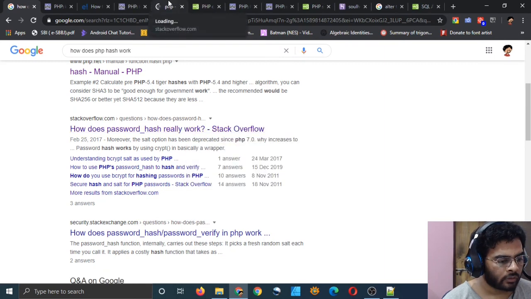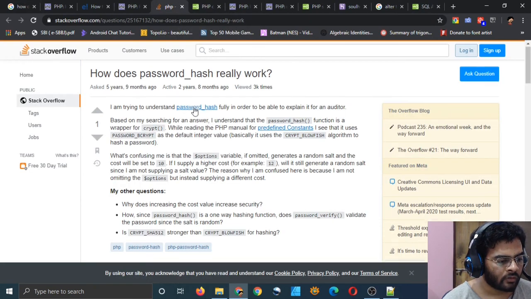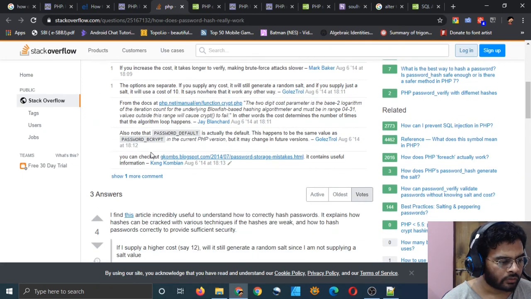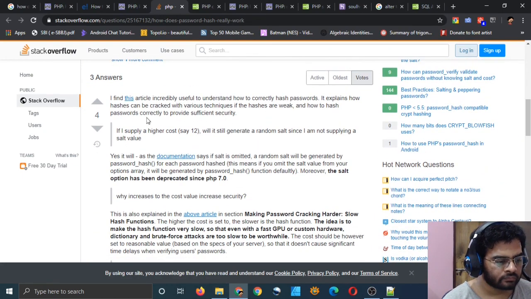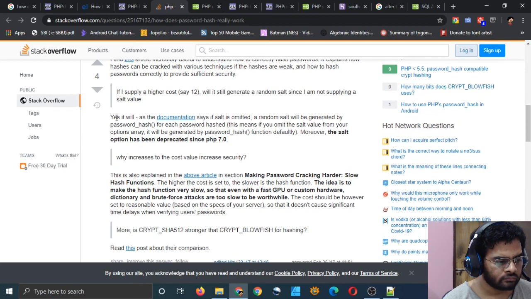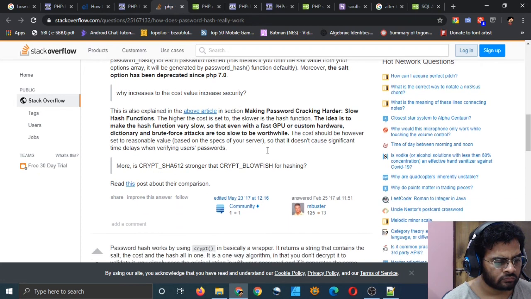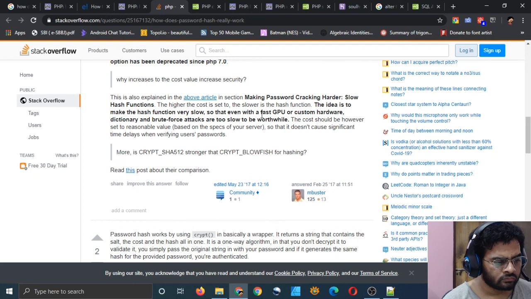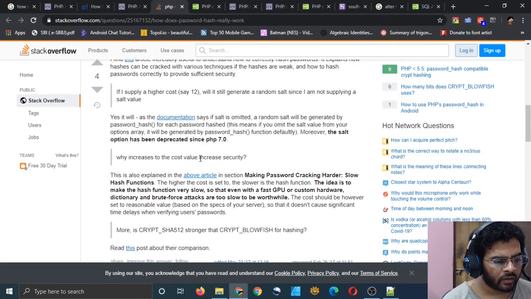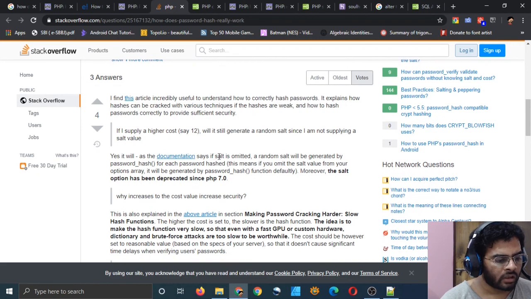Oh yeah, this can answer my question. Okay, okay. So PHP generates a random key.